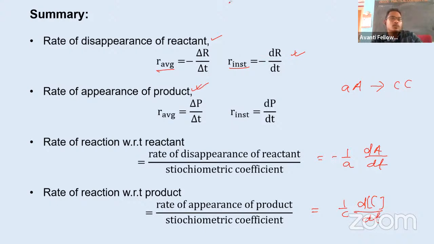So do you have any doubt here till now? We have 1 or 2 minutes. If you have any doubt, just let me know. I can tell you. Or just go through the chapter of this chemical kinetics. Try to solve question of NCERT and that Avanti module till this concept. And if you have any doubt, just let me know. Okay, next class, or you can WhatsApp me. Suppose you have any doubt, take in the group. I can answer you. So if you understood this, then you can give me the thumbs up or you can leave. And we can wrap up the class. I think you have next class also there.